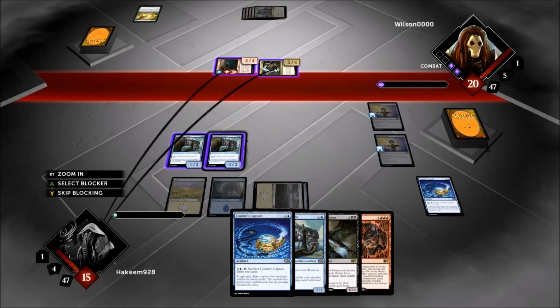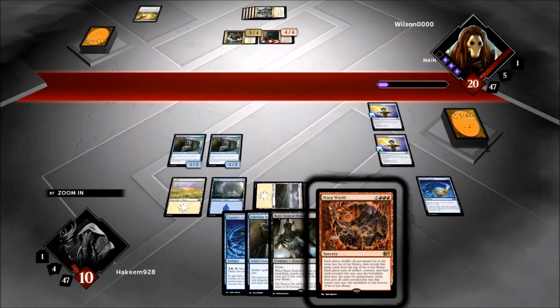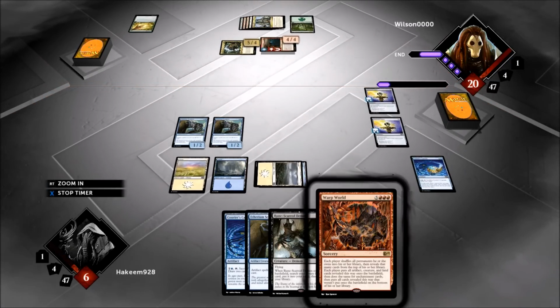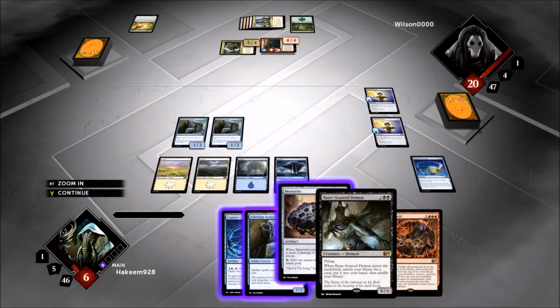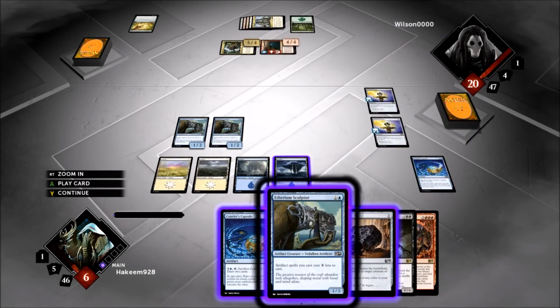I'm going to take the hit. I really need to get that Runescarred Demon into play. There's 25 lands in here, and I just drew 2 non-lands. Hopefully there's one on top. We will see. I think maybe I should have blocked there. I don't know. There is a Meteorite. There is a Meteorite, so let's...